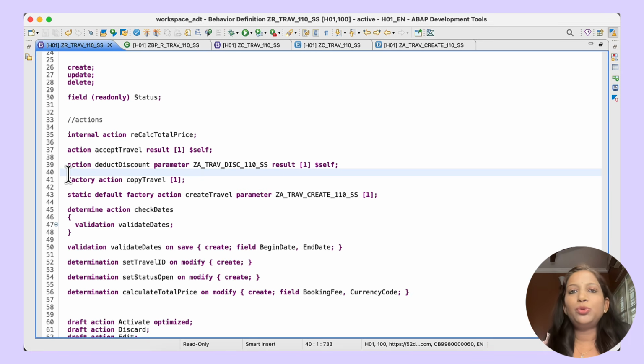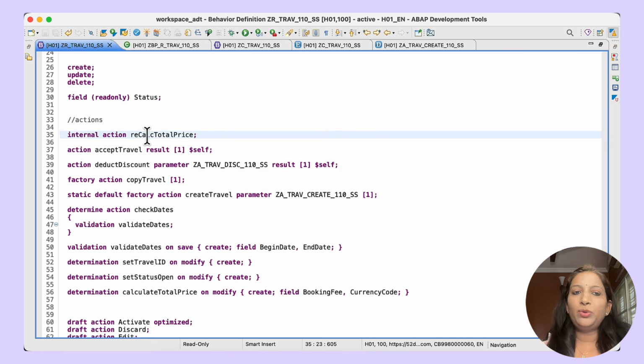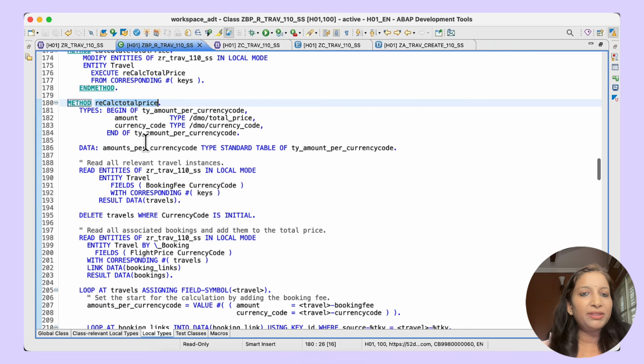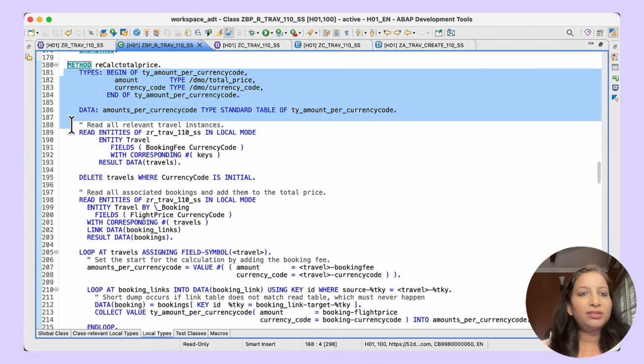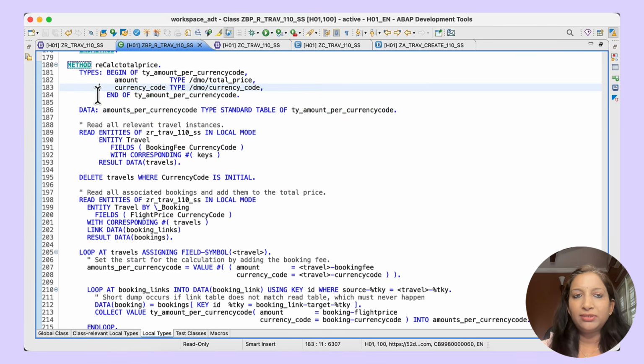But what if you do not want the action to be made public, but internally you want the action to be triggered based on some triggering fields? For that we have something called an internal action, and let's see how it works. So again I will go back to this method. In this method, recalculate total price, that is the internal action being called, where we are just checking